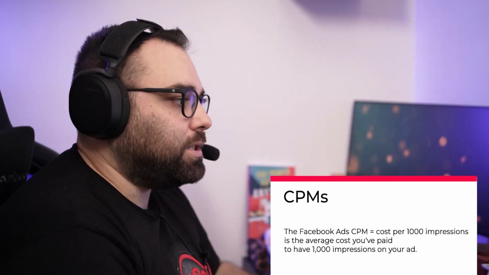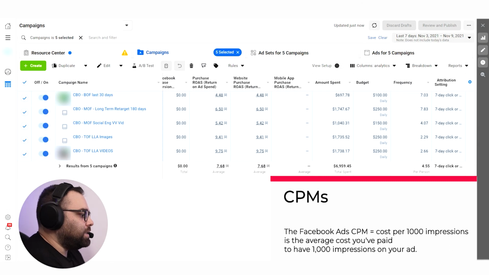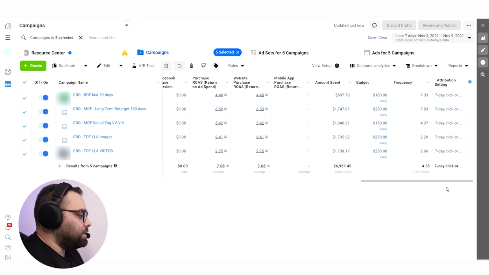And of course we have CPMs. I don't know why it's not added here, but we also have CPMs, as I said, which is being added on the end. And CPMs is the cost of 1,000 impressions. It really helps us to understand if our ads are expensive in a period or not. When we are seeing the CPMs, we can understand how much we are paying for 1,000 impressions, and what is the cost of our ads. We can understand if this is a period that the ads are very expensive or very cheap by just watching the cost. Again, this is something that you have to check in your account.